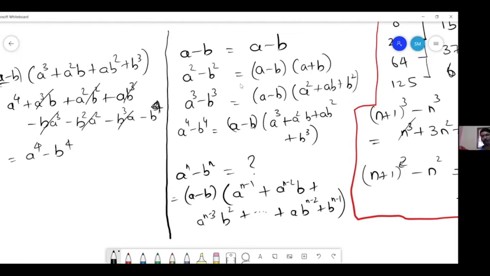But actually the proof lies here. It lies in the cancelling out. Yes. So everything else cancels out because if you see the way you write that second bracket, right?